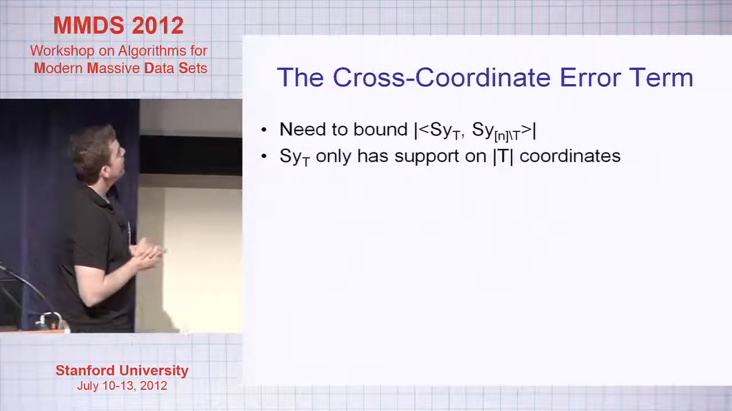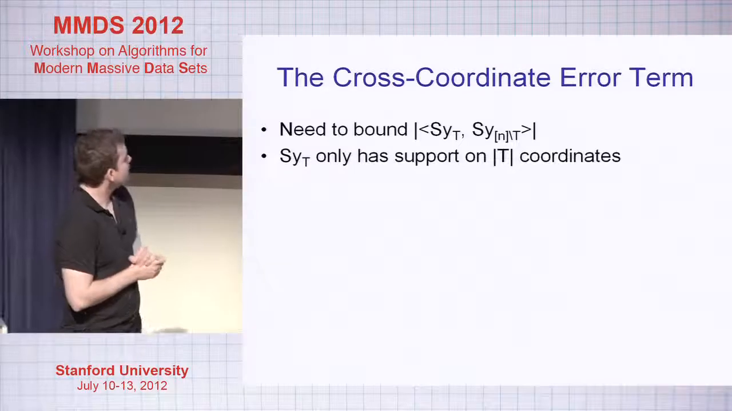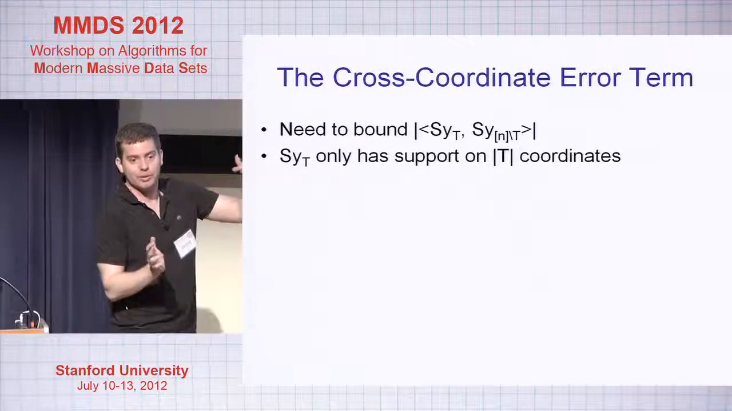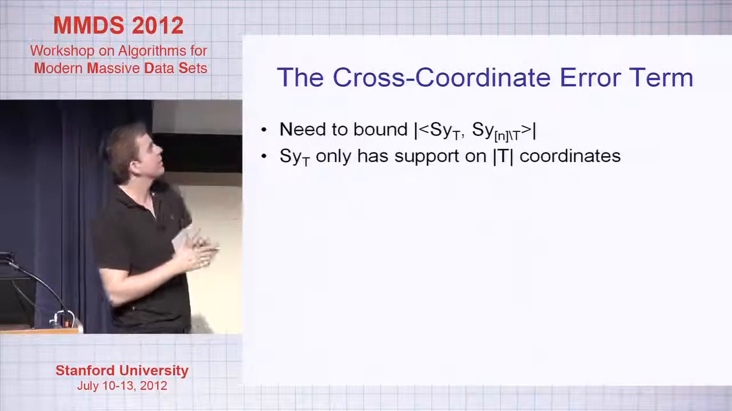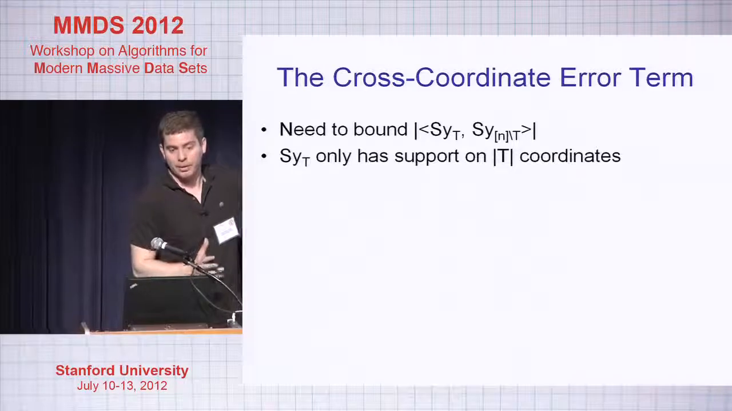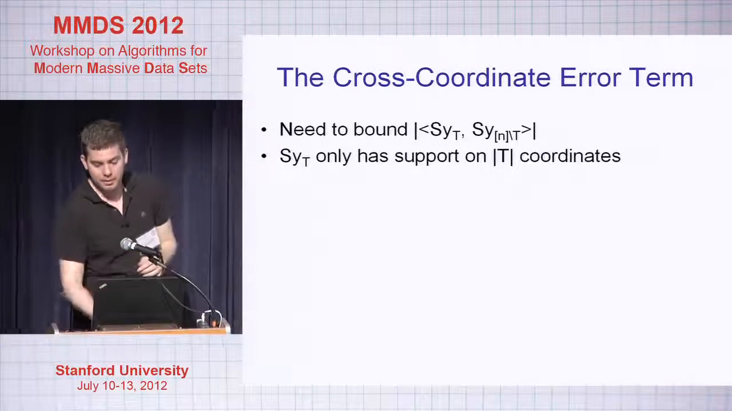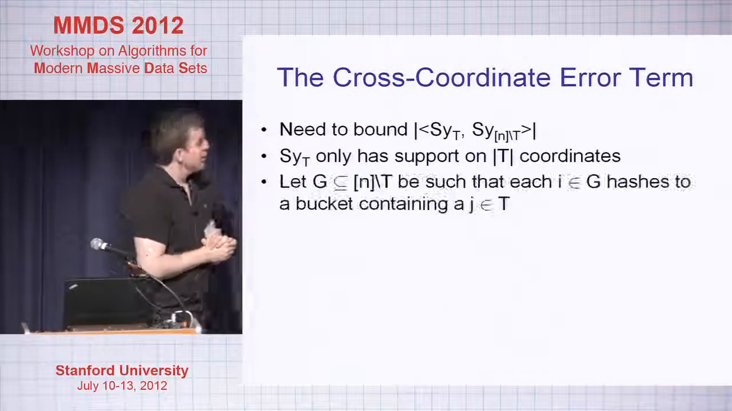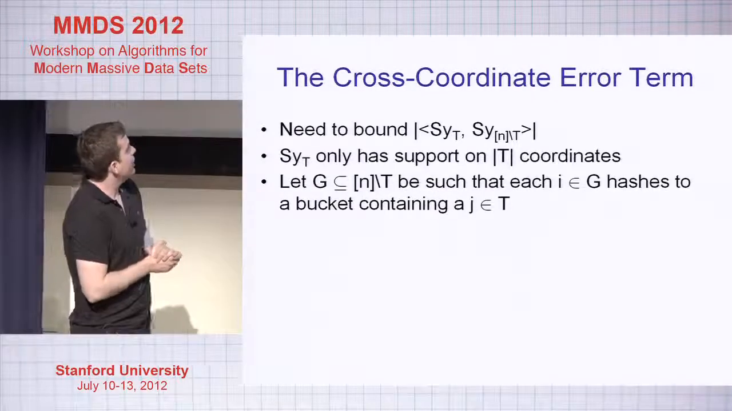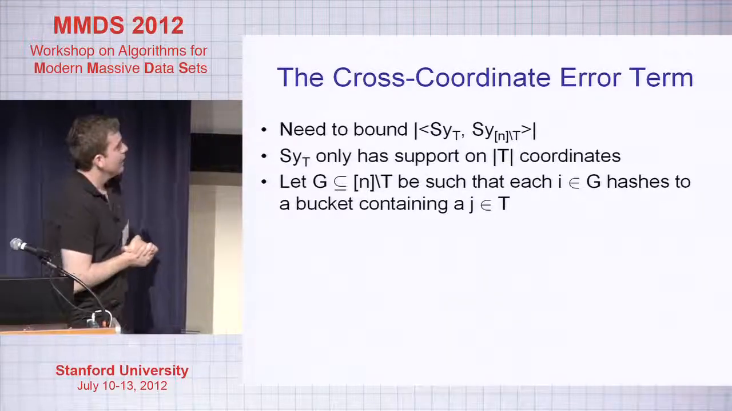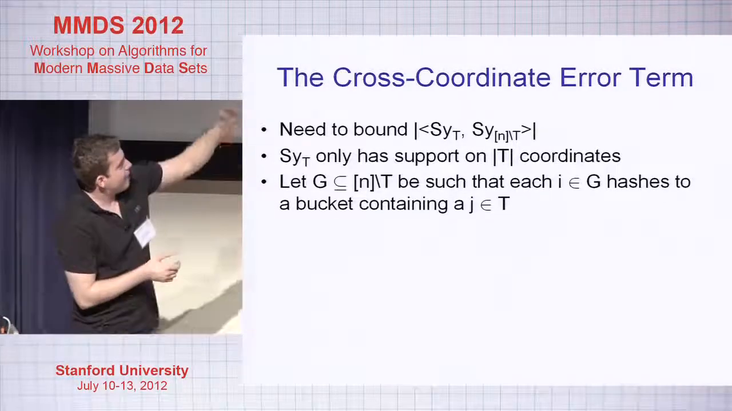Okay, so y_T is, y only has T non-zero coordinates, the heavy coordinates. So S y_T only has support on T coordinates because it's this hashing. Okay, so now we define a set G in the complement of T to be such that